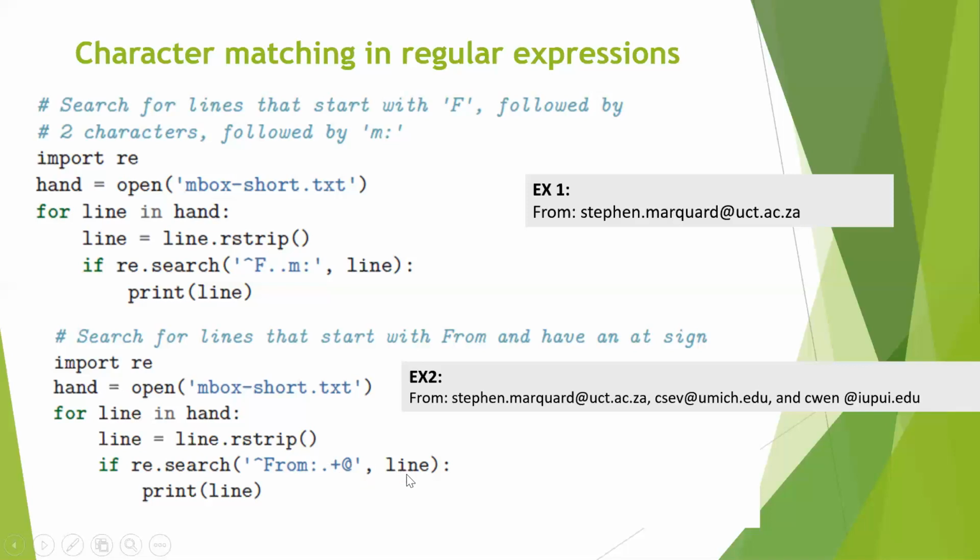So in the line, you're searching for all the lines that start with from, colon, any number of characters in between, so dot symbol. You don't know how many times it occurs, so plus, 1 or more times. After which you put the @ symbol. If this sequence is found in the given string, it will return true and you print the line. If not, it will not print the line.